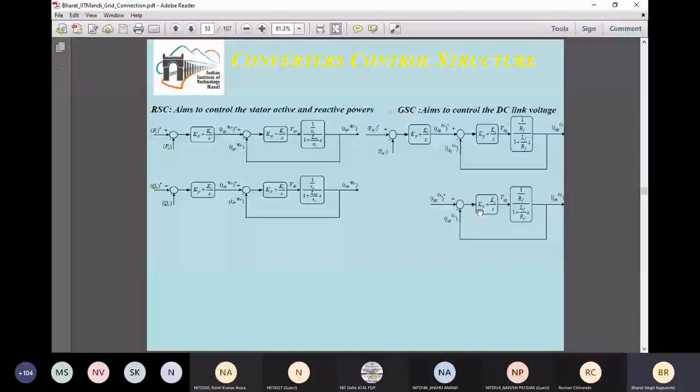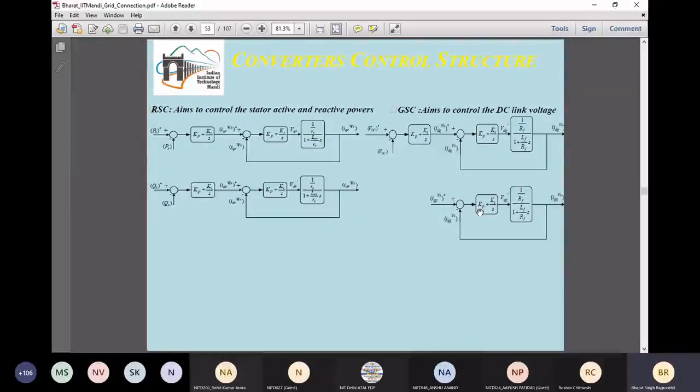And when this reactive power set point is given, then the reactive power that this wind turbine or wind energy converter system is exchanging with the grid is measured, and based on this error, once again the power electronic converter of the rotor side converter is controlled, so that a current is injected from this rotor side converter into the rotor of a doubly fed induction generator to reduce the reactive power error. So if you have any doubt in these two control structures, then please let me know.